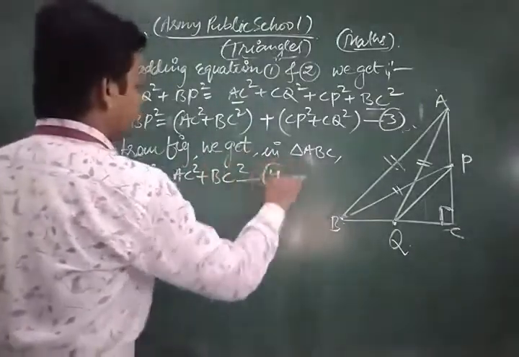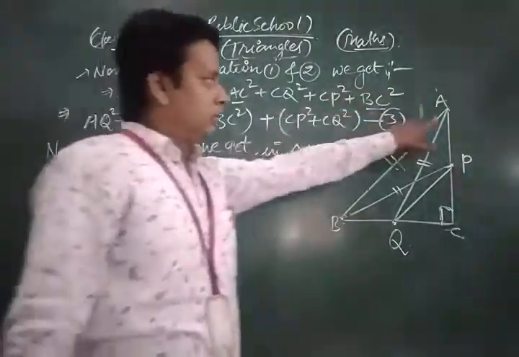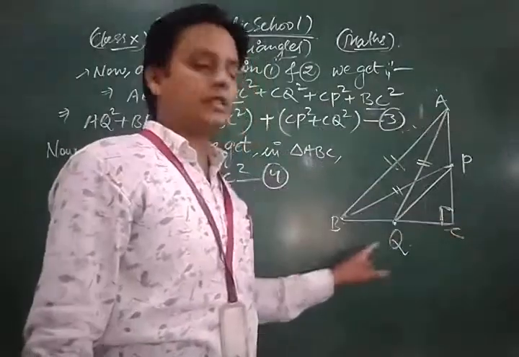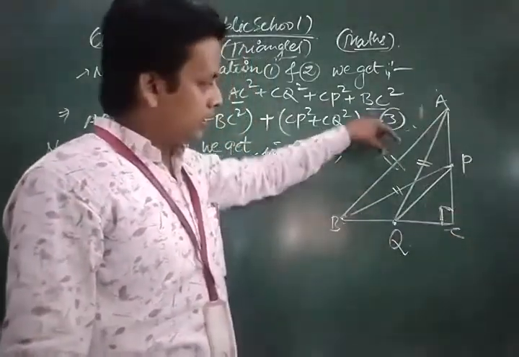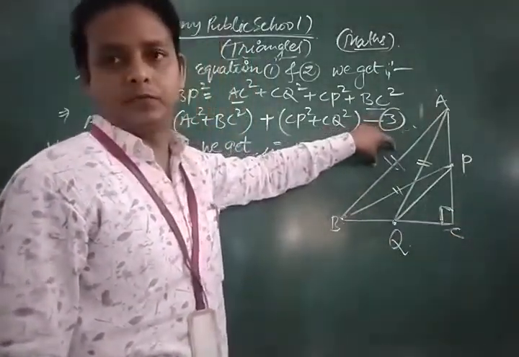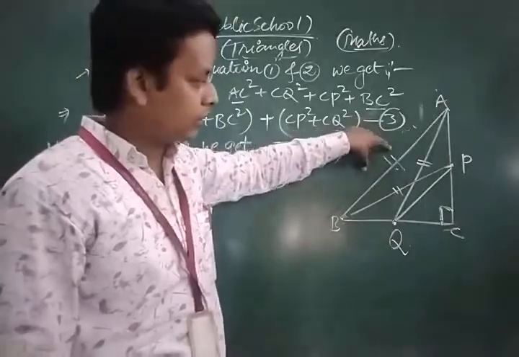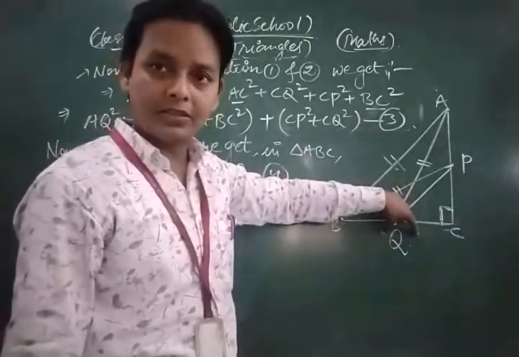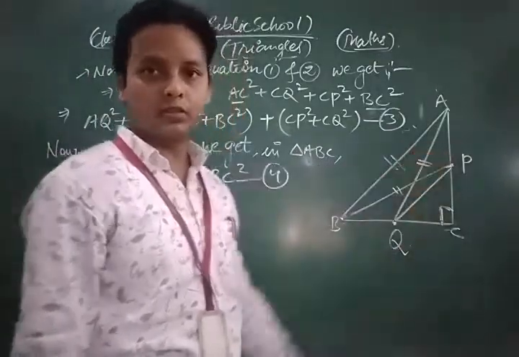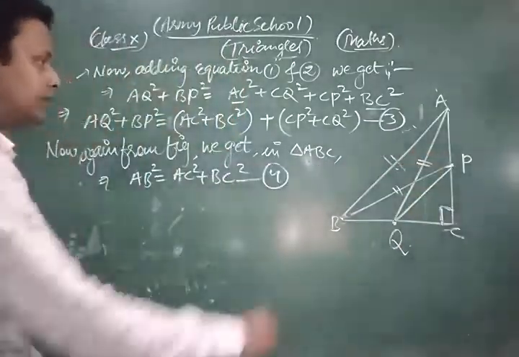Take question number 4. This is for triangle APC. AC is our hypotenuse. So hypotenuse square is equal to base square plus perpendicular square. This is AC square. So we get question number 4. Similarly,